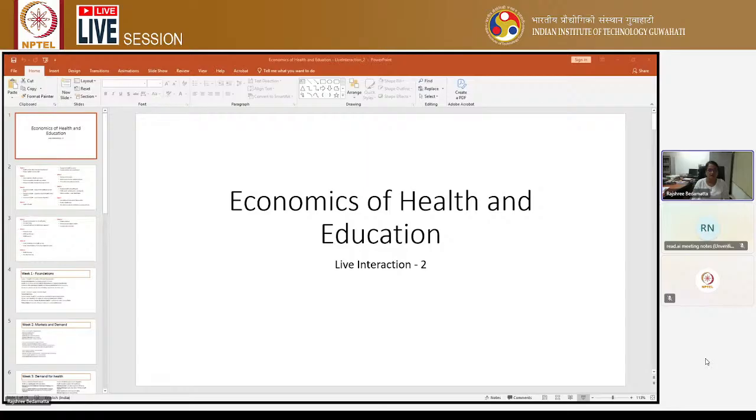After dealing with the basic microeconomic foundations of health in weeks 2, 3, and 4, we moved to the demand for education discussion in week 5, where we looked at the basic model of human capital investment. We distinguished between investment in human capital and physical capital. We tried to understand what the basic differences are between investing in human capital vis-a-vis investing in physical capital. And in this context, we studied the production of education and returns to education.